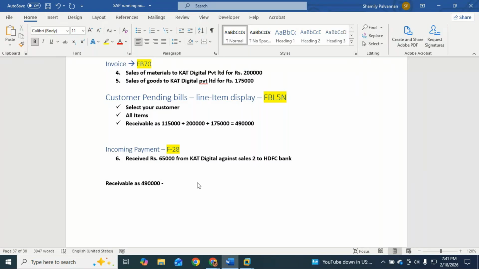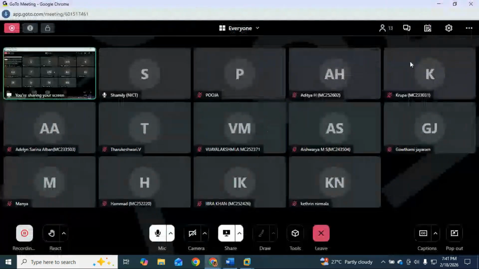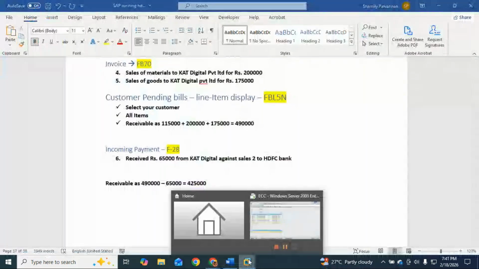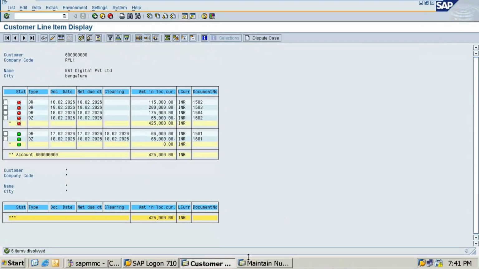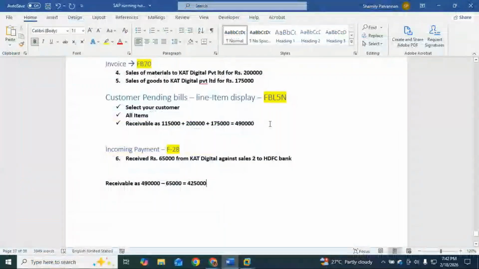4,90,000 minus 65,000 equals to, we are having 4,25,000. Now the first bill is having 50,000 as balance. Out of this 1,15,000, I have paid 65,000, which means the first bill, that is second bill. So what here, we will take it as note. Sales to as a balance